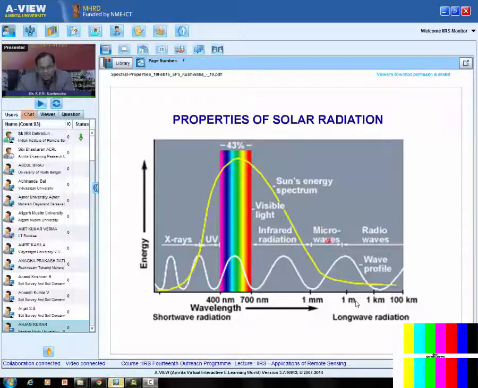We already have microwave sensors, both active and passive, and we now have laser, which operates around 1 micron. Radio waves are used for broadcast radio transmitters. Microwaves are used for TV transmission, satellite tracking, and telecommand systems, and so on. So each one has its own use, and we should be aware of what bandwidth or what portion